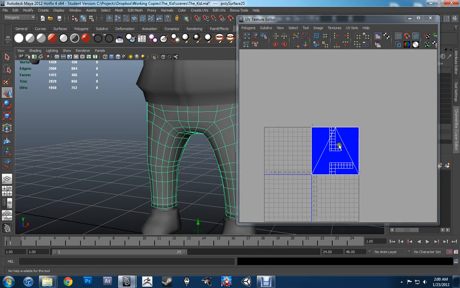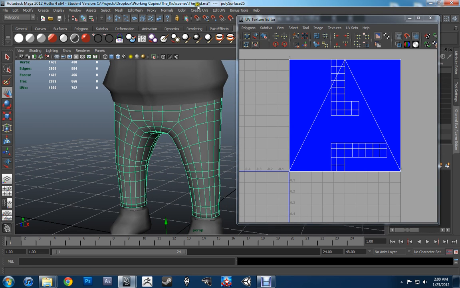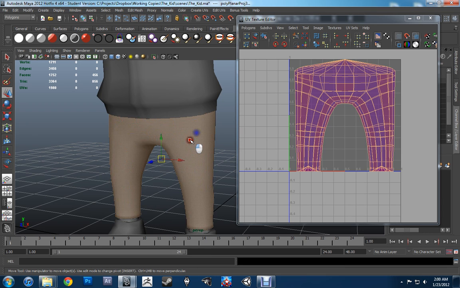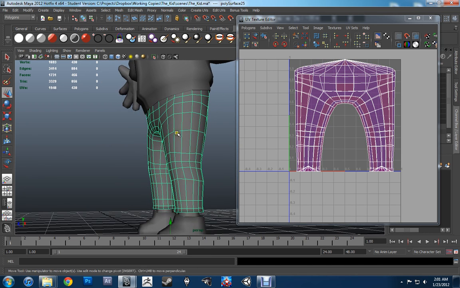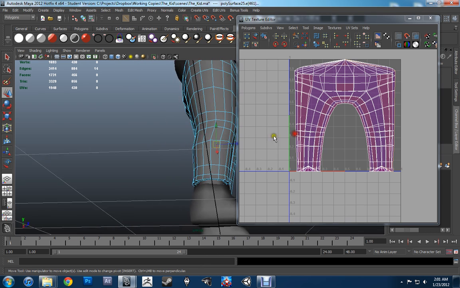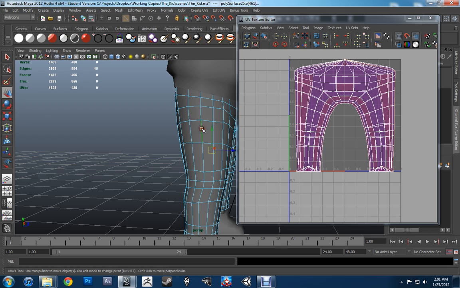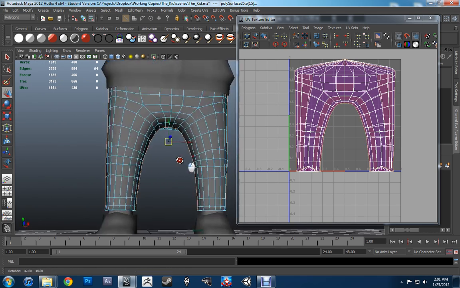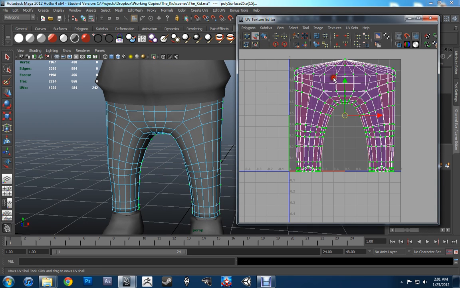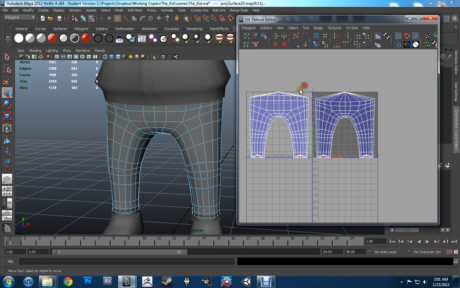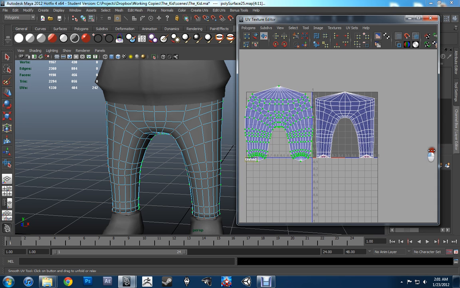We'll do the pants next real quick. So again, I'm just going to planar map from the front. Save real quick. And now I want to put a couple of seams. I'll probably do one on each side, and then one in the middle. And this will give me two halves, my front and my back. So again, same basic thing as the sweatshirt. Just going to flip that one, unfold these,